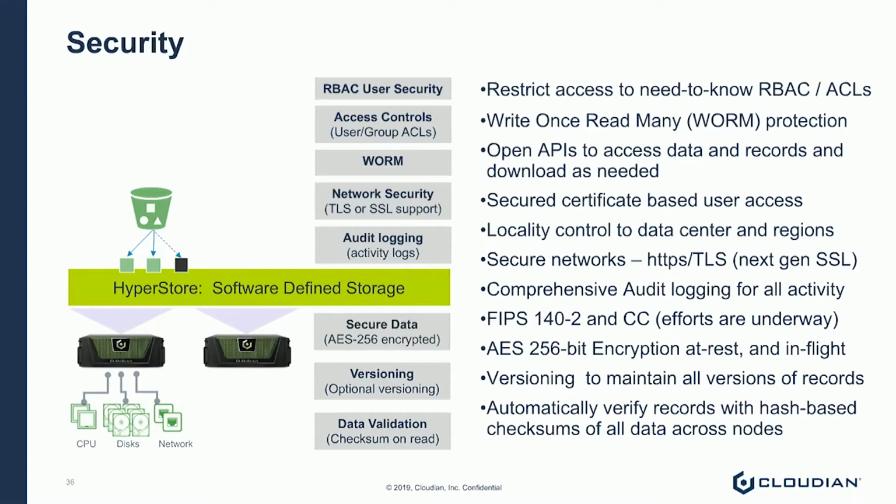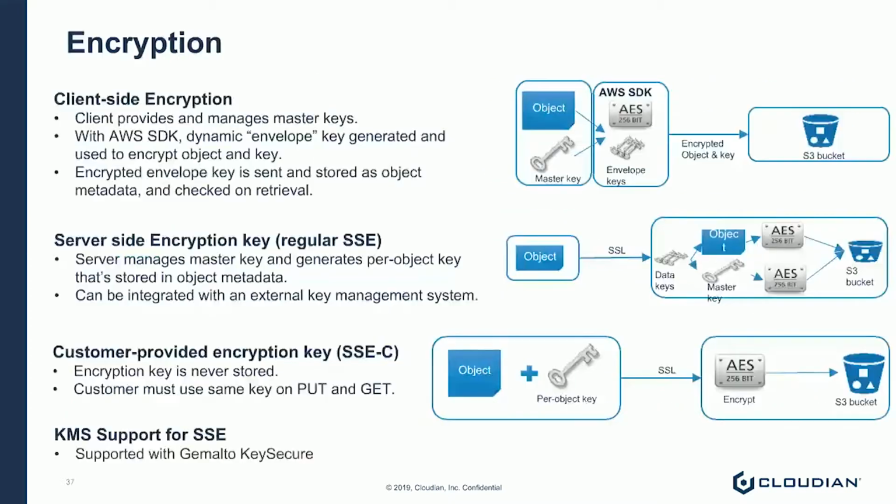For data at rest, we have a number of different options around how we protect the data, so we can use AES 256-bit encryption for data at rest. And then we support things like WORM and versioning to protect against errors, accidental deletion, rogue admins, and those types of soft errors. In terms of encryption, we behave very much like AWS, so we have the option of doing client-side encryption,